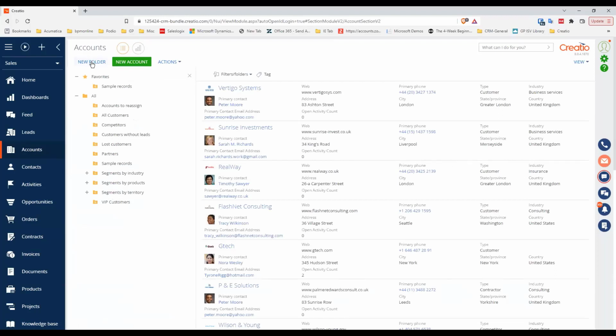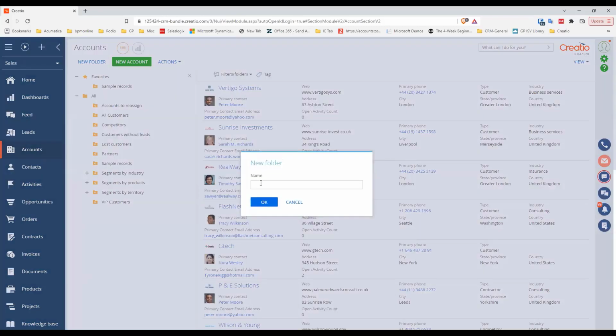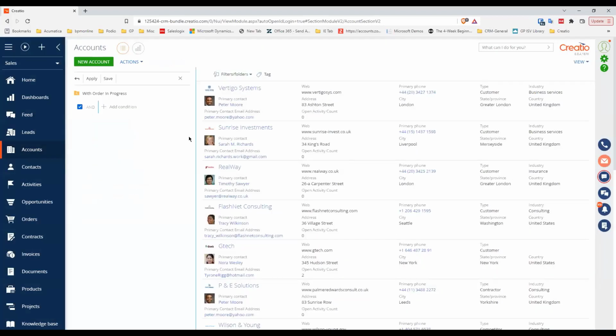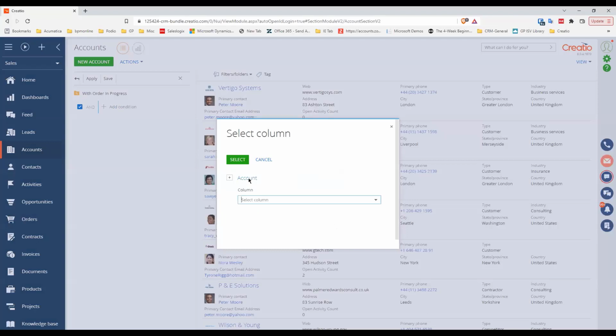So let's make a new folder, and I'm going to say with order in progress. Again, I'm looking at accounts that have an order that is in progress. So hit OK. Now I'm going to add a condition. By default, because we're looking at the account section, it's going to show me account